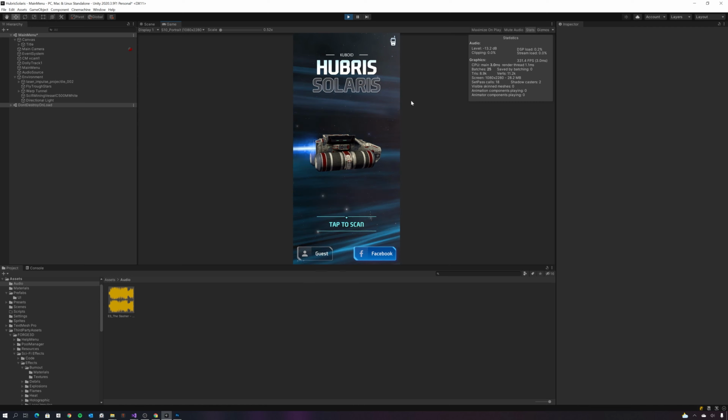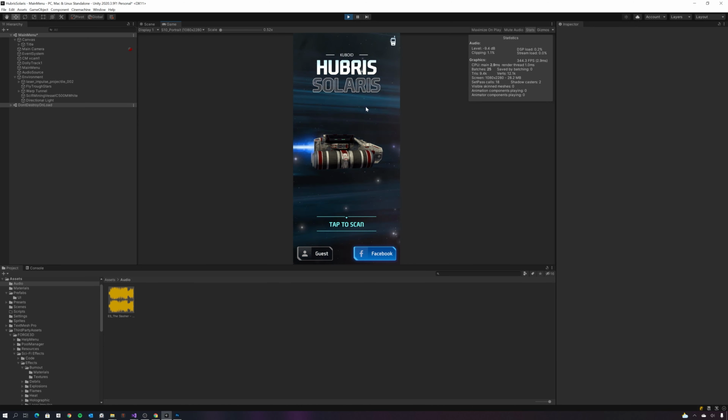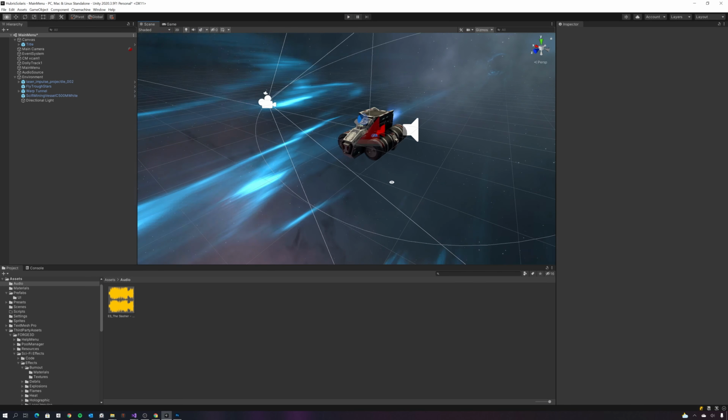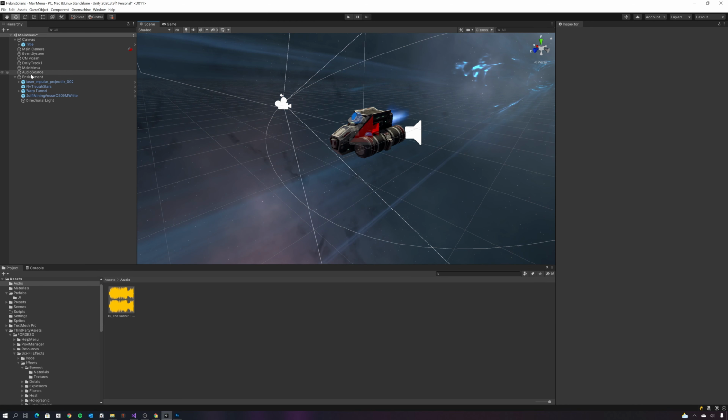So the way I want to make this game, I want it to transition into gameplay from the menu without feeling like there's any loading or anything like that happening. I want it to feel like, all right, this is the vessel, it's in space, it's traveling, and there's something to do from the outset. So let's create our first transition. To do that, we need to